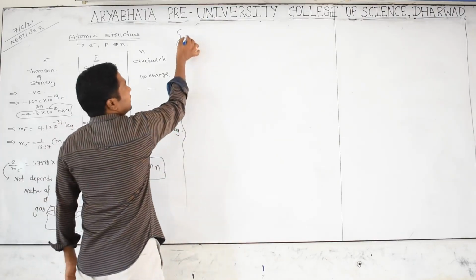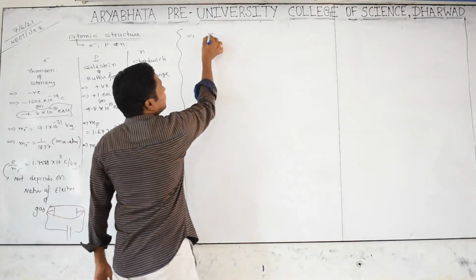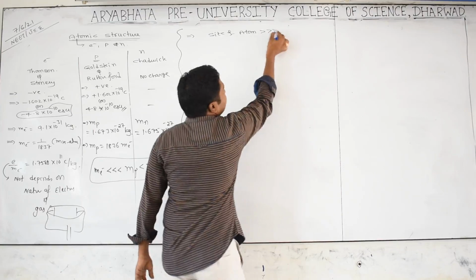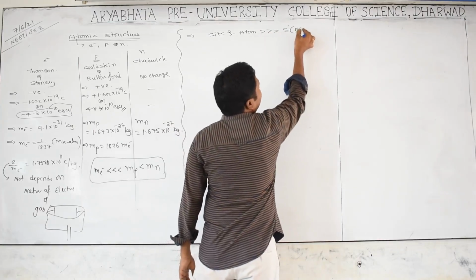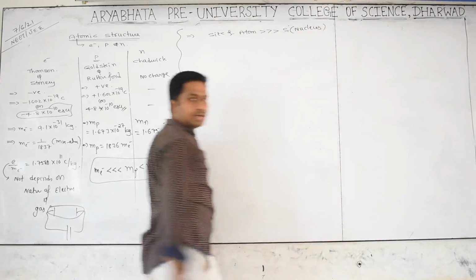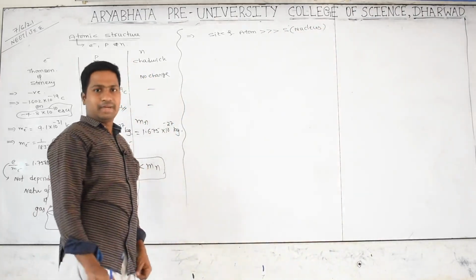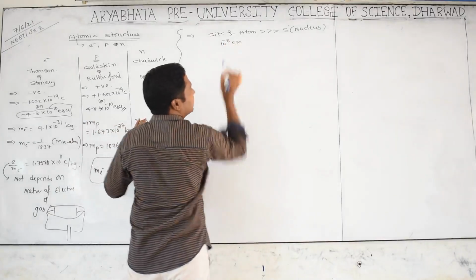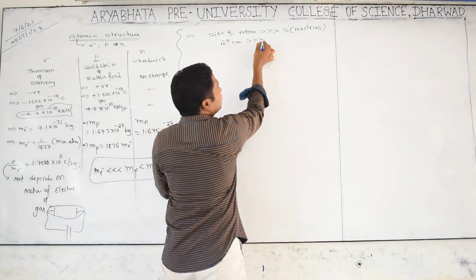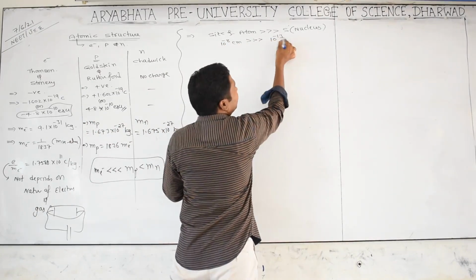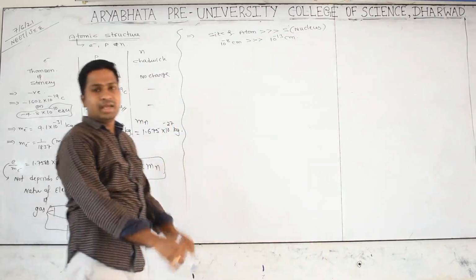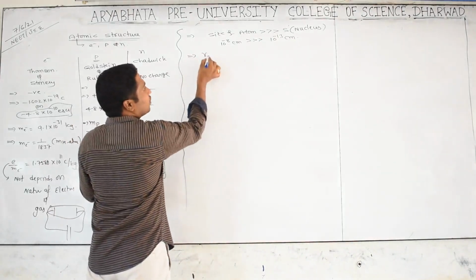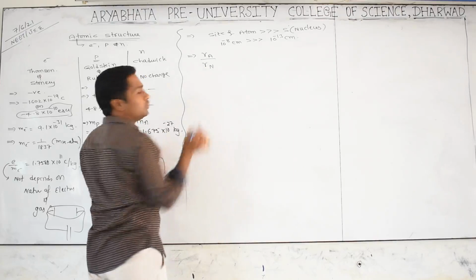If you take the size of the atom, the size of the atom is much bigger than the size of the nucleus. From this I will tell you one competitive bit. Generally the range of the atom is 10 to the power of minus 8 centimeters, which is much bigger than the size of the nucleus, 10 to the power of minus 13 centimeters. Based on this we are getting two bits. What is the radius ratio of atom to nucleus?